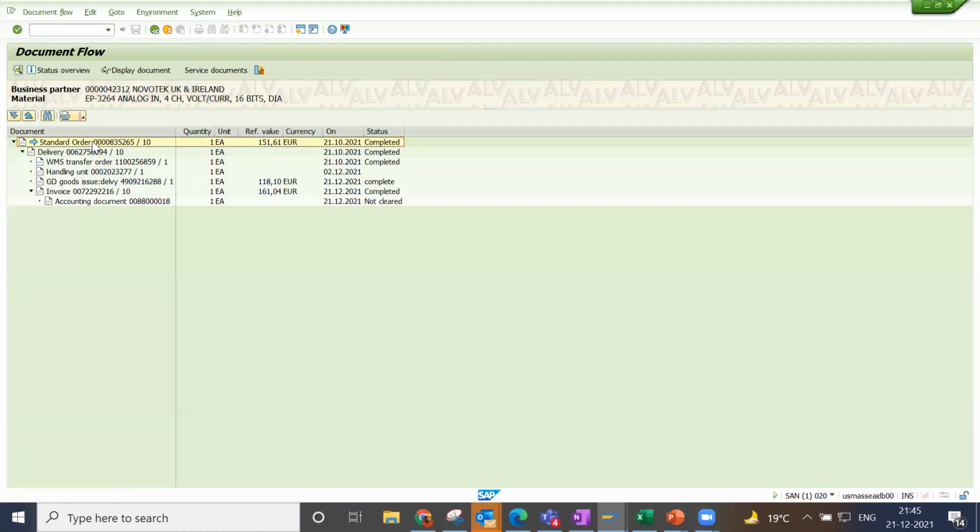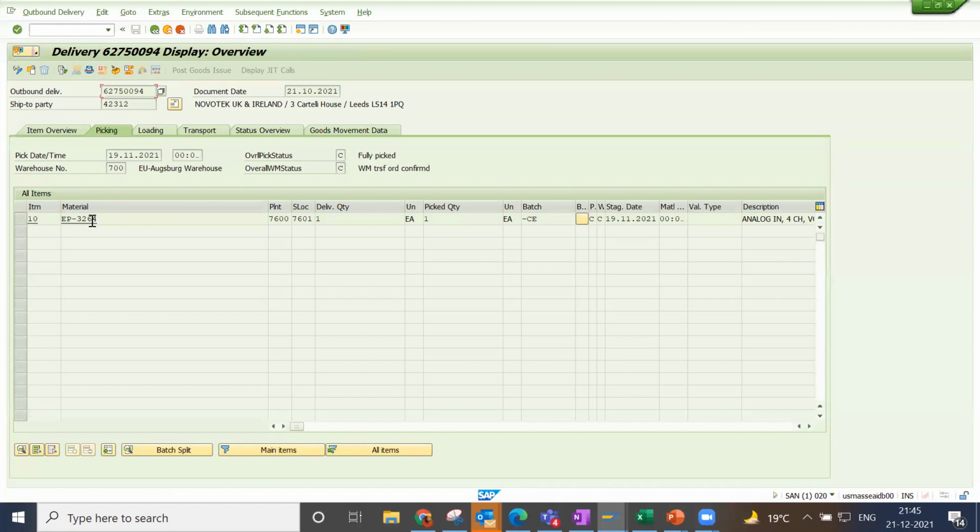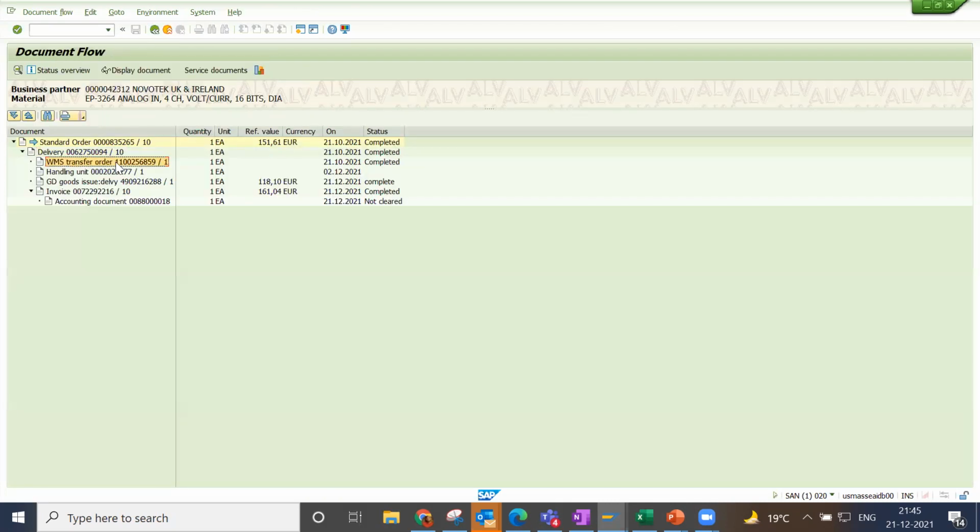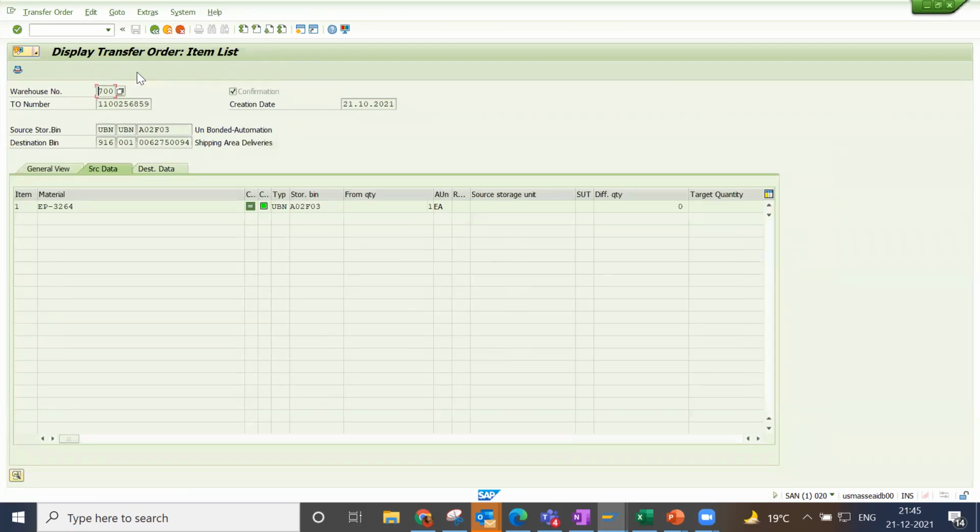So this is the standard process, the standard sale order, delivery, and there is a WM transfer order. After that, we have packing. After packing, the goods issue and the invoice. If you look at this sale order, after that I'll directly go to delivery. The delivery is created. After delivery is created, we do this. There is a transfer order which is directly linked to MM. I think Asghar, I will take you through it when it comes to the WM module. This is a sub module within MM.